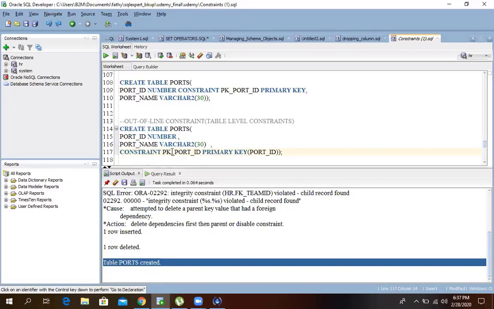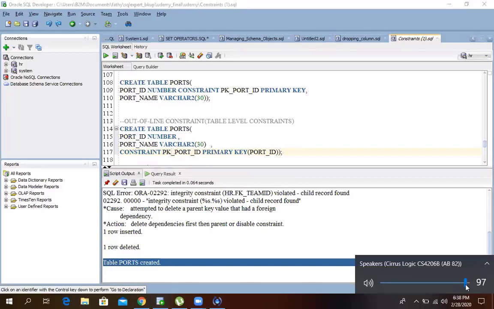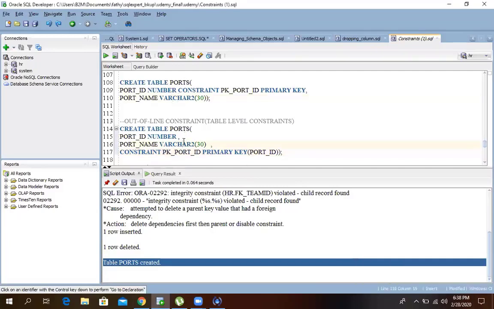I have a little doubt. On the first one, what is the real difference between the first one and the second one? In the second one, after primary key we put the column where it will apply the constraint, but in the first one we did not say the column name.